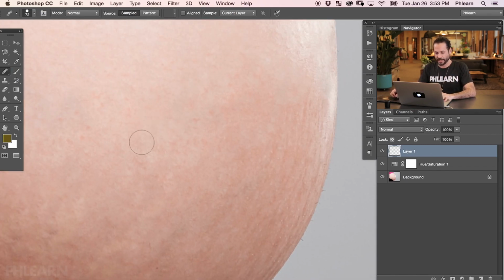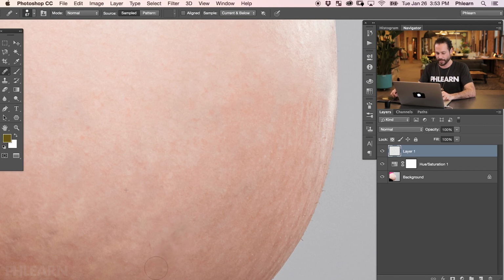All right, and as I zoom in, I'm gonna hold Alt or Option to sample skin that actually looks good. So hold Alt or Option and sample this skin over here, and then I'm gonna start painting over top of where I've got my stretch mark. And you can see it's not actually doing anything right now. The reason here is my sample, I'm on a new layer. So my sample here it's sampling the current layer, and there's actually nothing on this layer. So make sure you're set to current and below, and it's gonna sample this layer as well as everything under it. All right, so let's hold Alt or Option.